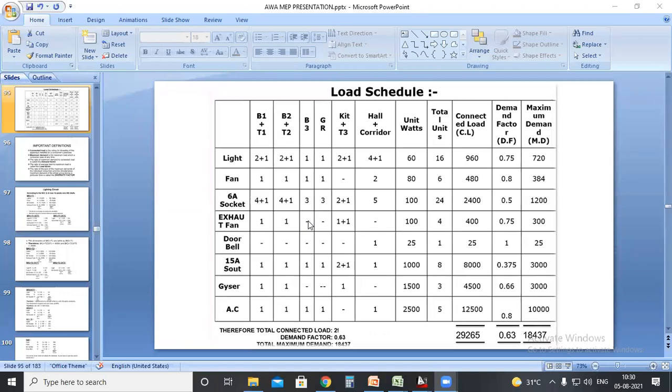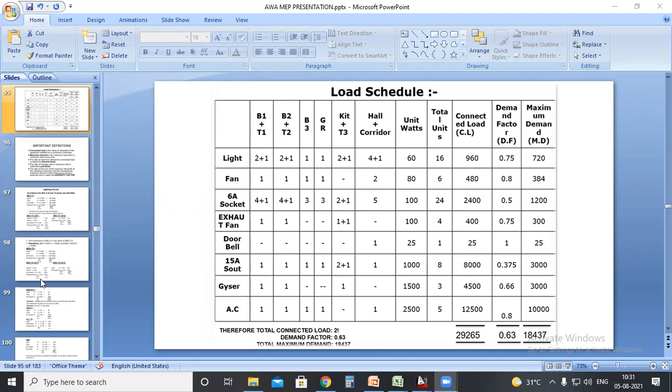Actually, this depends upon the designer. If I am doing the particular project, I will be checking what this 15 ampere socket is being used for. I will be checking the equipments. If I don't know the equipments, as per the Indian standard, I will take 2 numbers separately for a circuit, because I can take maximum 2 numbers only, and the remaining one 15 ampere socket I will again give as a separate circuit, and the geyser a separate circuit. So it will be, as you said, 3 numbers. But considering the standard, since 3 numbers are being used, you can take 3 16 ampere sockets in a circuit. So in that particular case, we will need only 2 circuits.